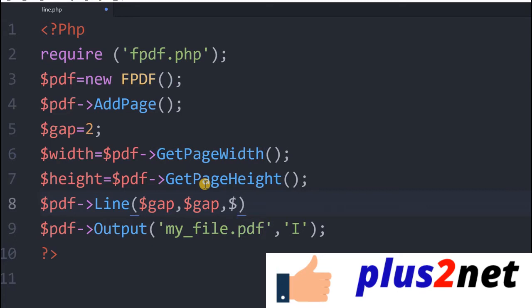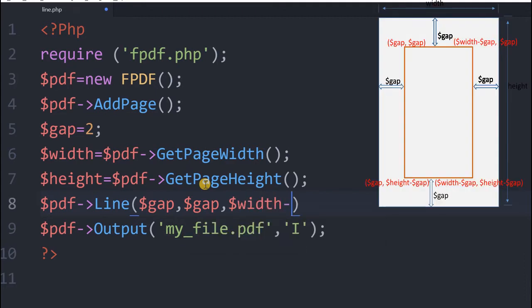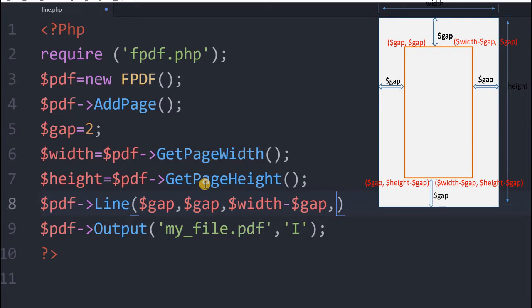Sorry, this will be width minus gap. Just recall the image we discussed. This is the end coordinate, the right top corner, so the horizontal coordinate is width minus gap, and the vertical coordinate is again the same gap. So this is the line.